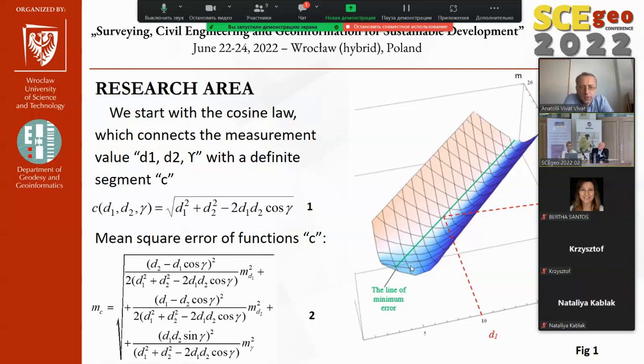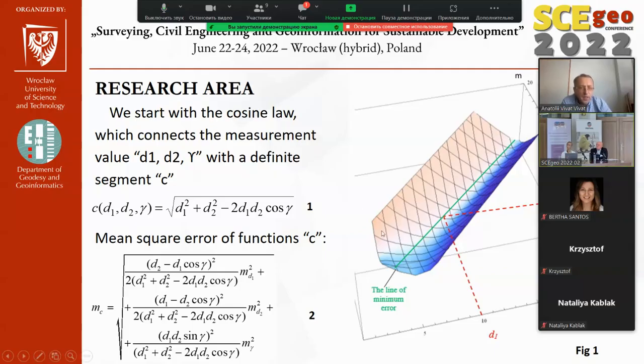For Formula 1 is sinus cosine law. I'm sorry, cosine law. Differentiation 1 we can contain for Formula 2. There is mean square error of